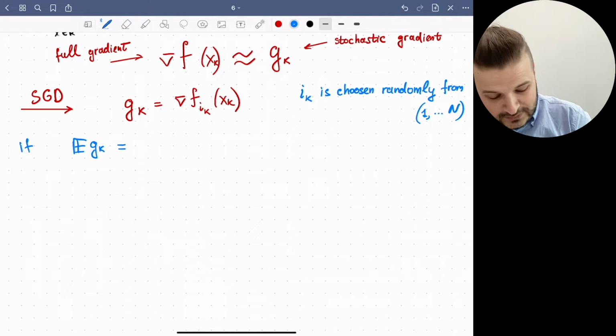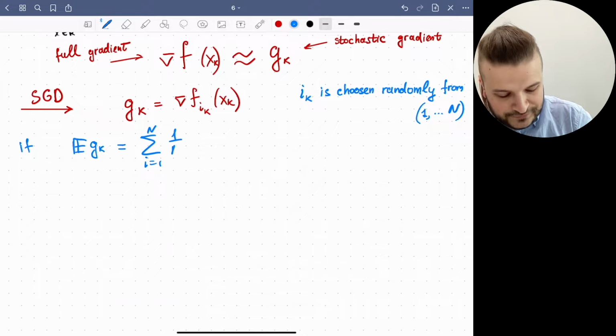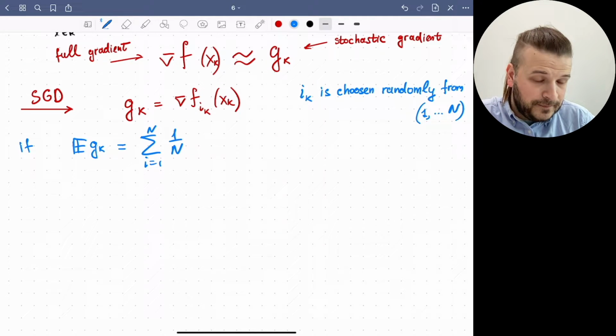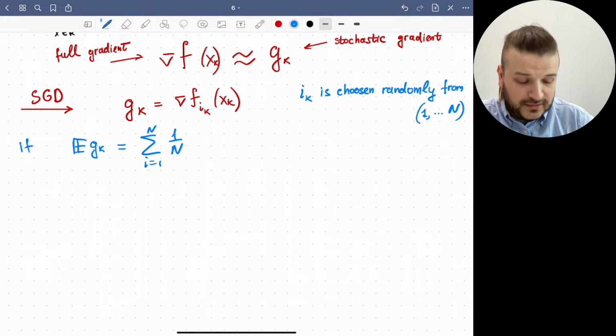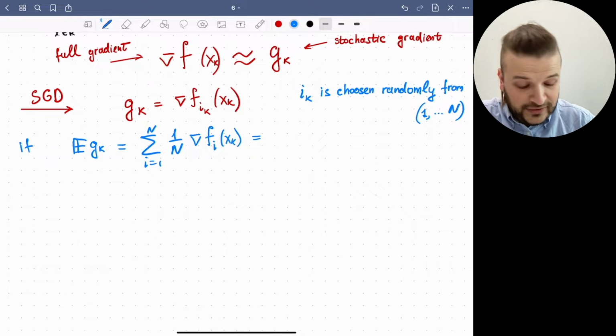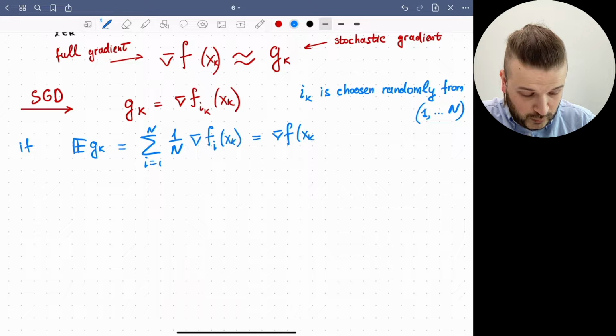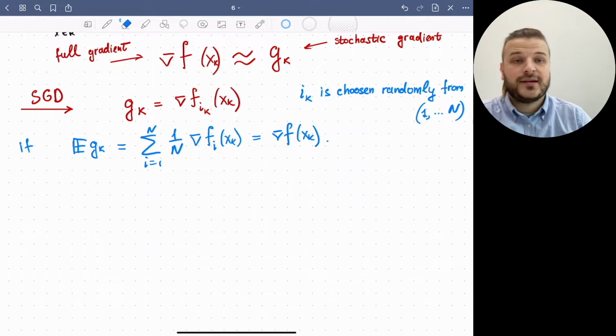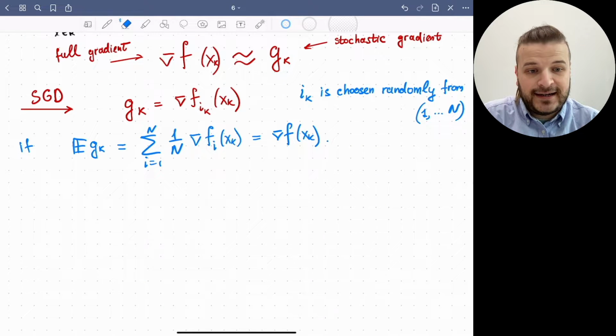So I can calculate the mathematical expectation. It will be this sum, the probability of selecting some specific vector times the value of this choice, and that will be this. And it is nothing else but the full gradient actually,